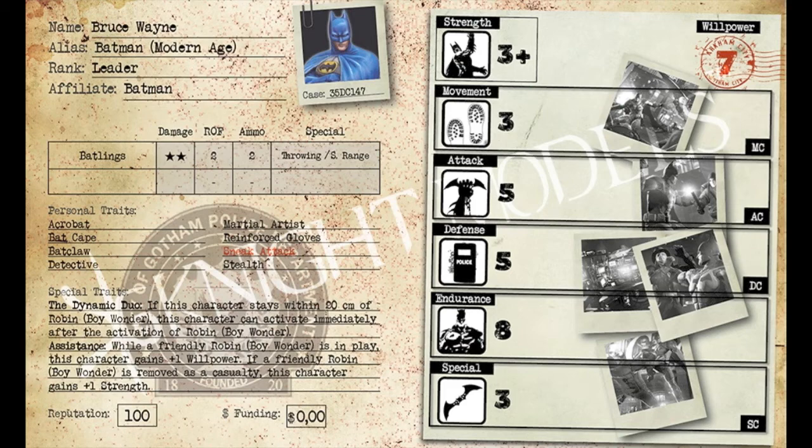The other rule he has is assistance. This is also a new one. While a friendly Robin, the Boy Wonder, is in play, this character will gain +1 to his willpower. If the friendly Robin, Boy Wonder, is removed as a casualty, this character will gain +1 strength. So, really cool. If Robin's alive, his willpower is 8, which is typical for Batman. Unfortunately, if Robin dies, he loses that willpower, but then gains +1 to his strength. So I guess he rages out or something, pushing his strength up to 2+, which is pretty crazy on this